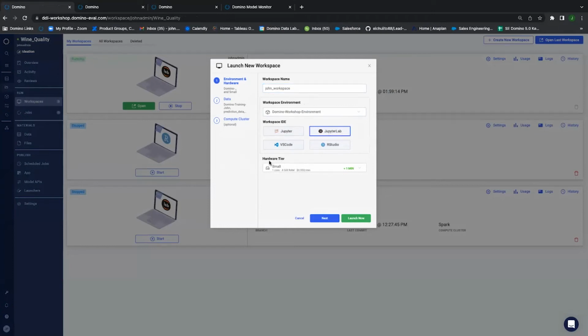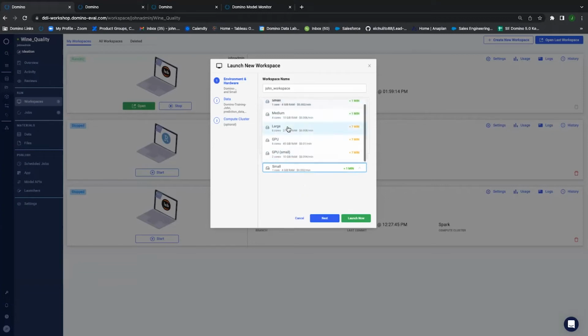You'll also see here where it says hardware tier. As I mentioned beforehand, a hardware tier is basically a resource that will be made available to you by your admin inside of Domino. So if you've got to work with a specific set of projects that might be heavy on the computation side, depending on how heavy that is, you can either scale vertically or horizontally. If you want to scale vertically, then you have the selection between different hardware tiers to handle that for you, whether it's GPU-based, CPU, or RAM.